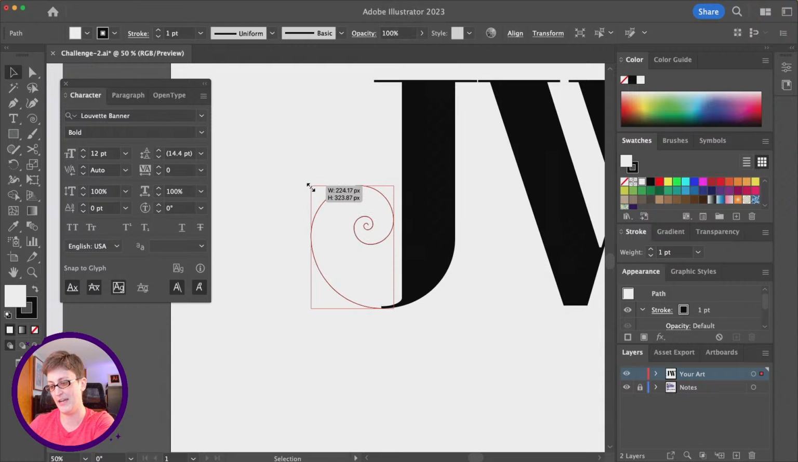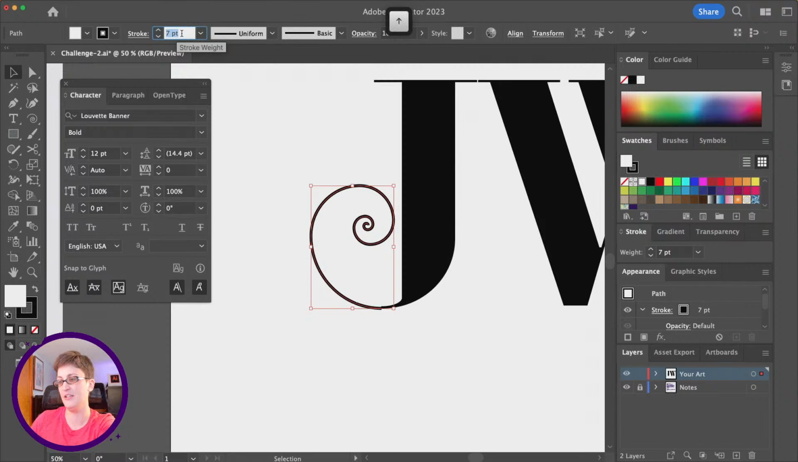So then I'm just going to drag, holding down Shift to make it a little bit larger. And now we've got our shape kind of in position. I'm going to, at this point, increase the stroke weight a little bit using the up and down arrows, just clicking in my stroke up in the control bar. I'm going to bring it up a little bit until it kind of matches the weight of my serifs, or